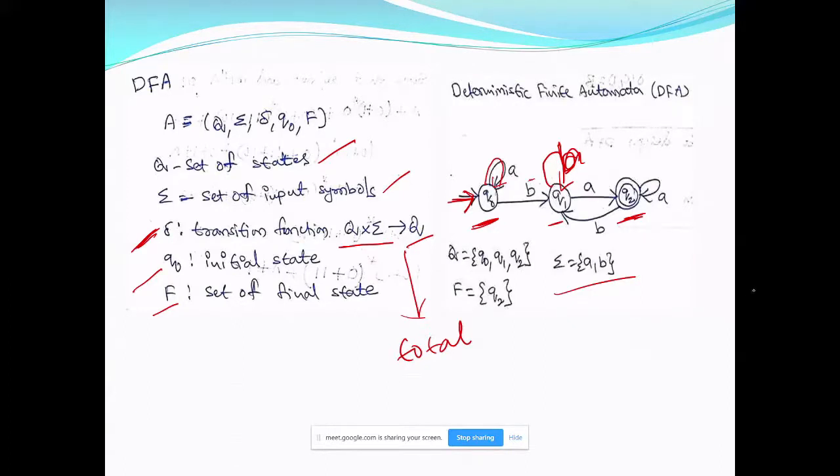So whenever you want to define a DFA, either you have to define all this explicitly: what is Q, what is sigma, then what is the transition function and initial and final states, or you can give this transition diagram which will tell you all things. It will tell you what is Q, what is sigma, then what is delta, what are the final states, and what is the initial state. So everything is available here. Usually we'll prefer this transition diagram method for representing a DFA.